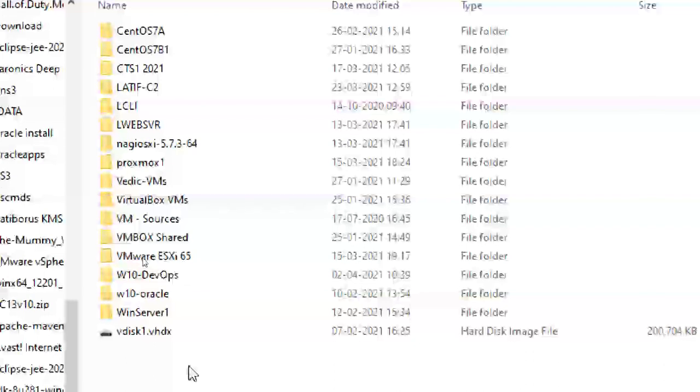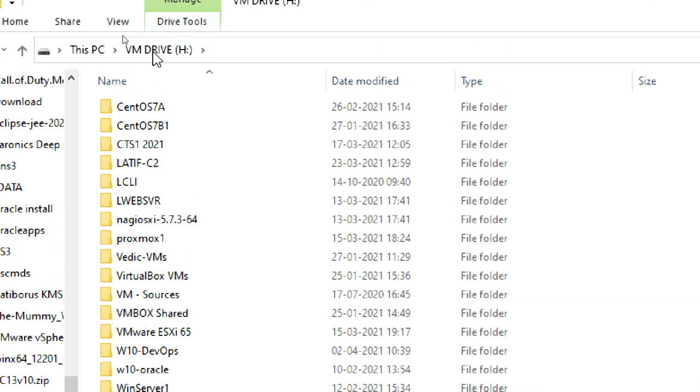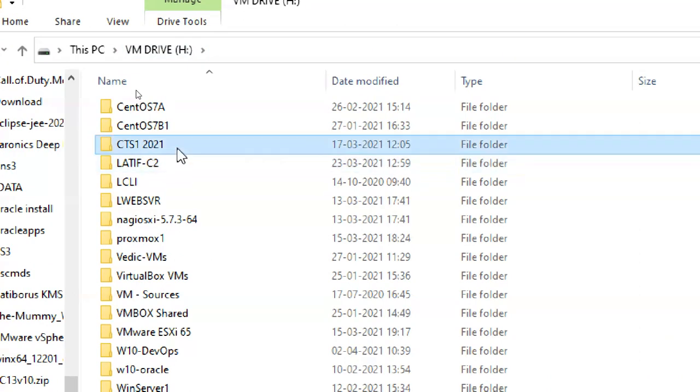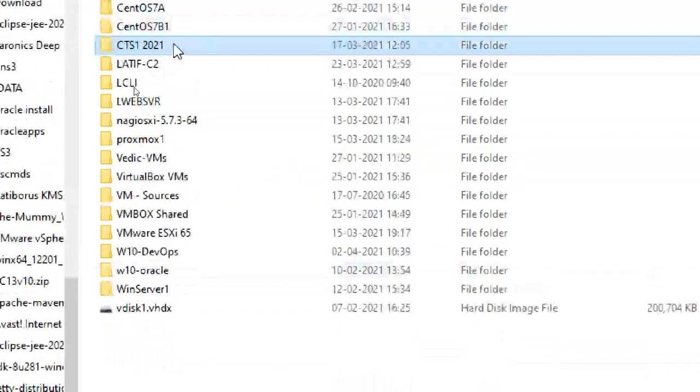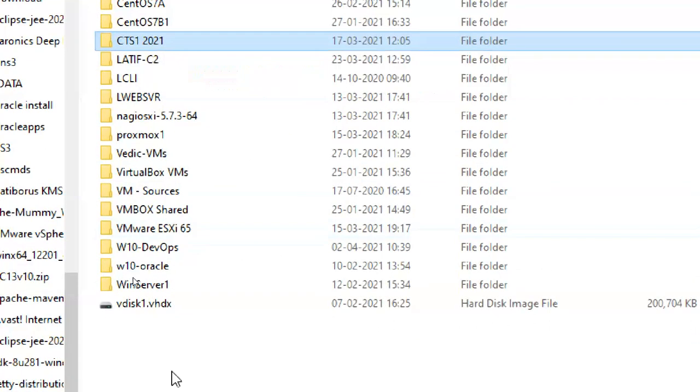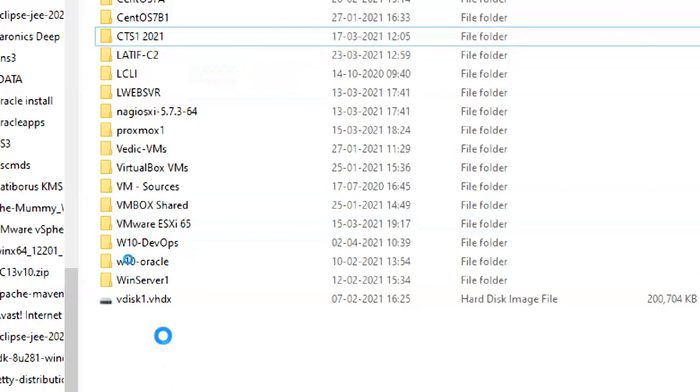Of course, in the F drive also I have virtual machines, but all these simple things are for class and practice, so I started using my H drive only. I already have a folder CTS1 2021, 77 GB, that folder size. No problem.